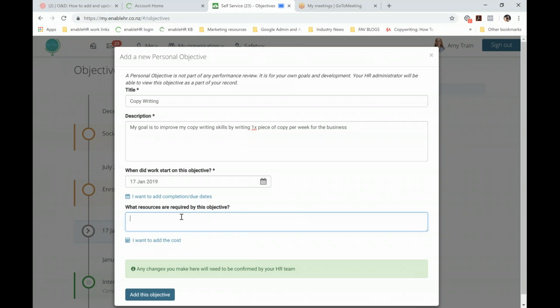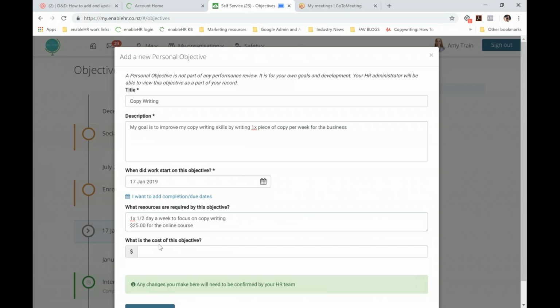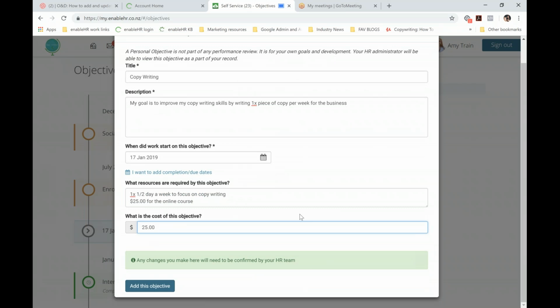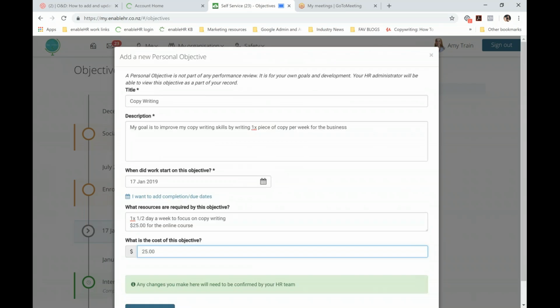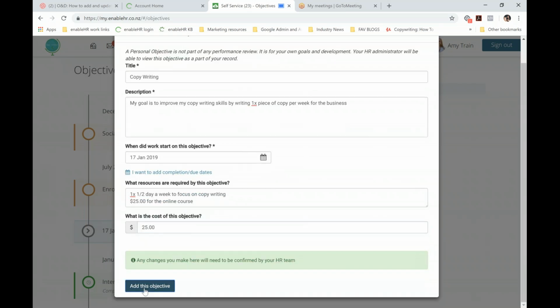So I will ask for 1 half day a week to focus on my copy, and $25 for the online course that I need to enroll in to get started. And then just because I've mentioned a cost, I might just help my manager out and fill in this area too. $25. Once I'm happy with all the detail that I've put in there, I'll click Add this objective, and